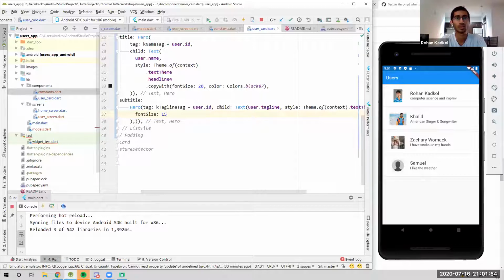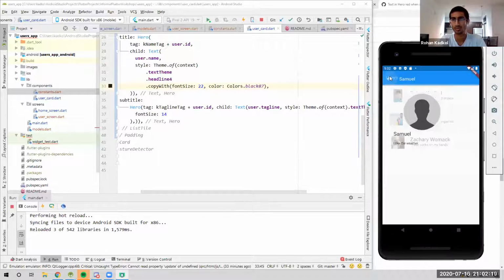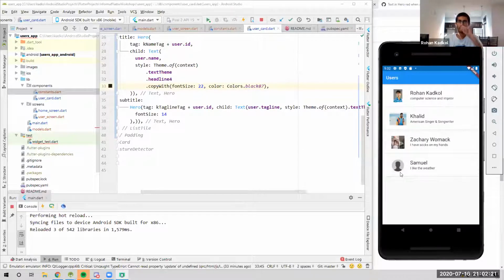So if this font size is 20, let us take about 17 maybe. It doesn't look good. 14. It seems that will be fine. Maybe we can make this 22 or something. I think this seems good. Now, perfect. Now you have this beautiful animation here, and